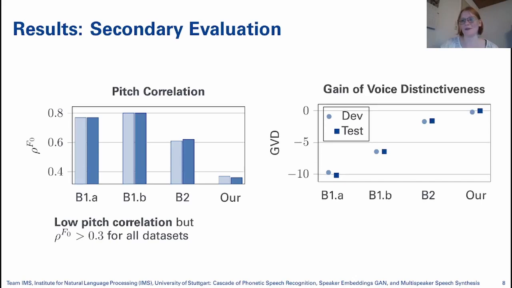The second metric is gain of voice distinctiveness, which measures how much of the ability to distinguish between voices in the original data is kept during the anonymization. And here a score of 0 or close to 0 means that it has the same voice distinctiveness as it originally had. And the lower the score is, the more it means that the voices are more similar and cannot be distinguished anymore. And here again we see that our method outperforms the baseline models, especially the neural ones, which are pretty bad in this regard. And we see that our method has a distinctiveness that is very, very similar to the one of the original data.